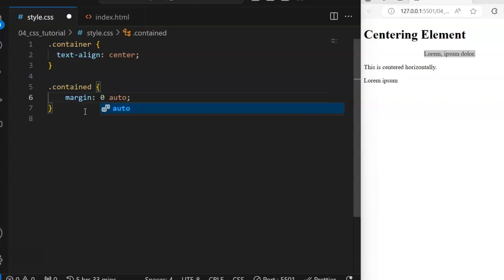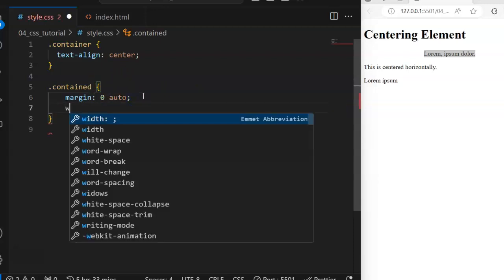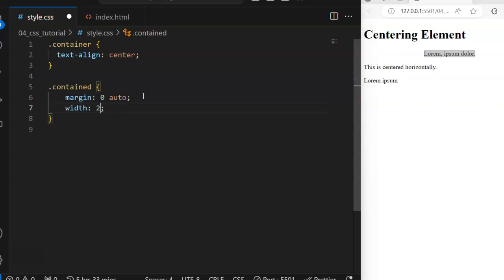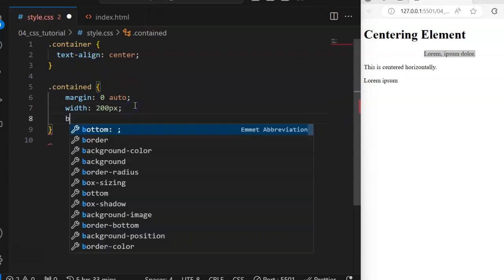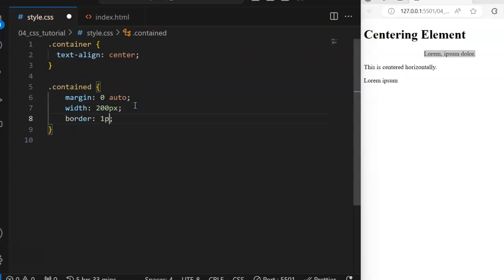So push it from the left, push it from the right, and it will apply a balance to it, which will make it to be at the center. And for clarity, you can just set a width of 200 pixels,